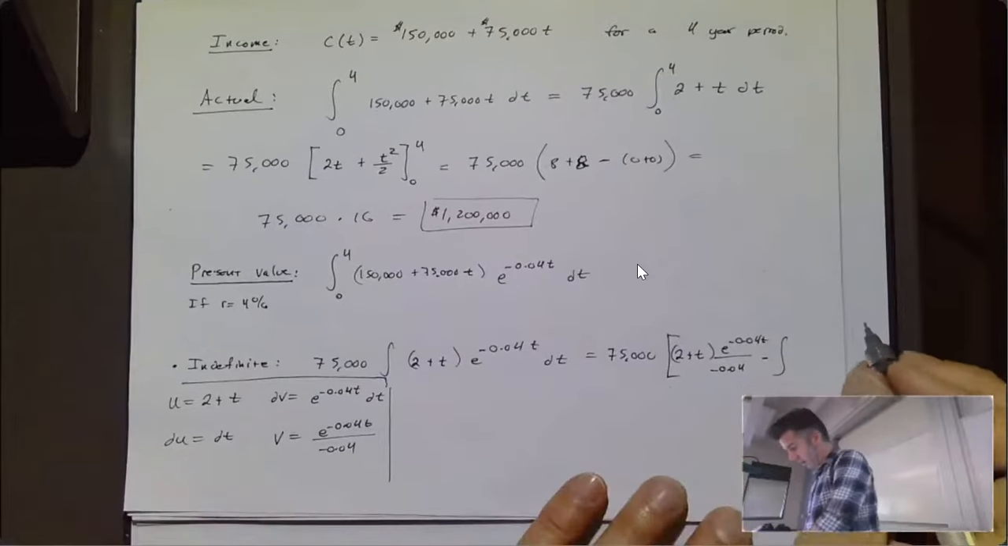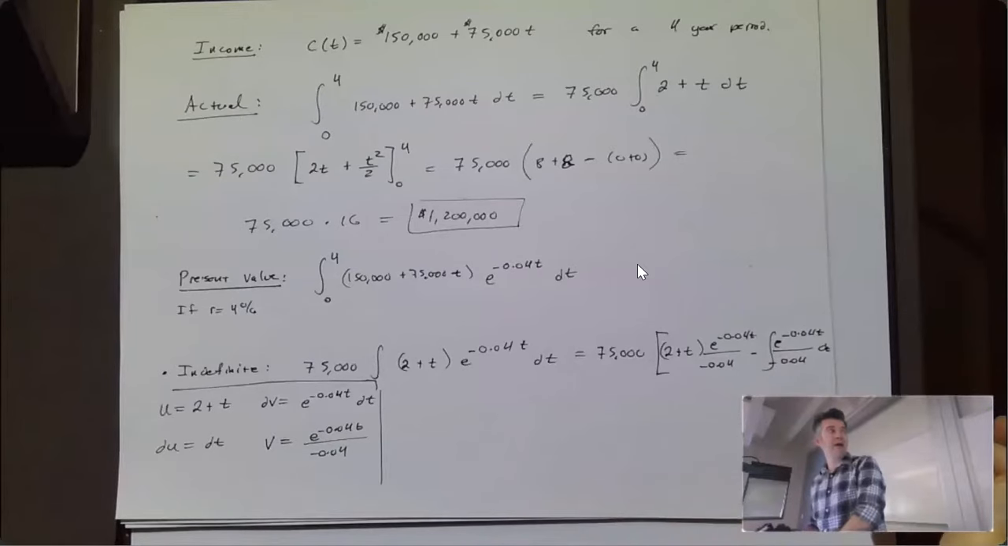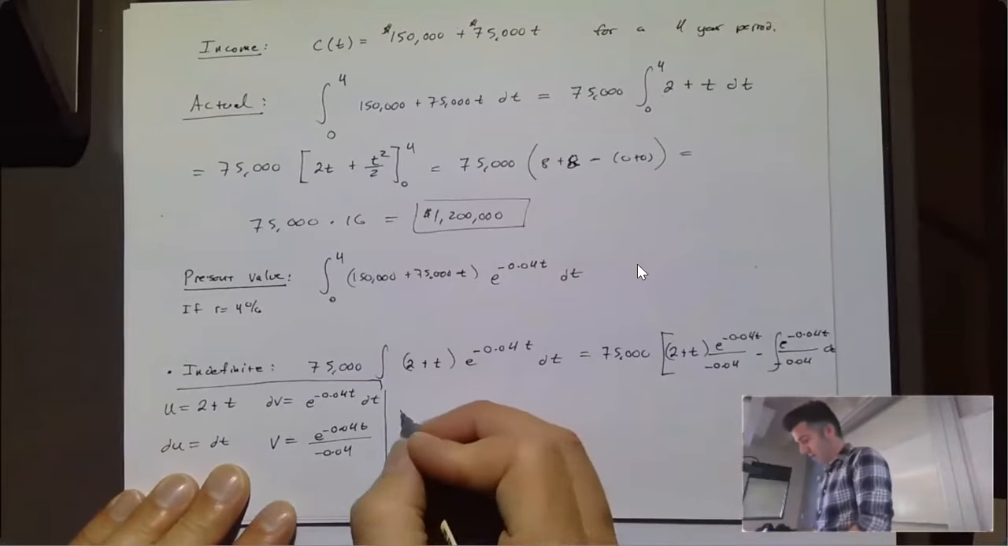I think I can fit it in here. e to the negative 0.04 t divided by negative 0.04 dt. It's a little tight there. Sorry. All right. So then simplifying this, we've got